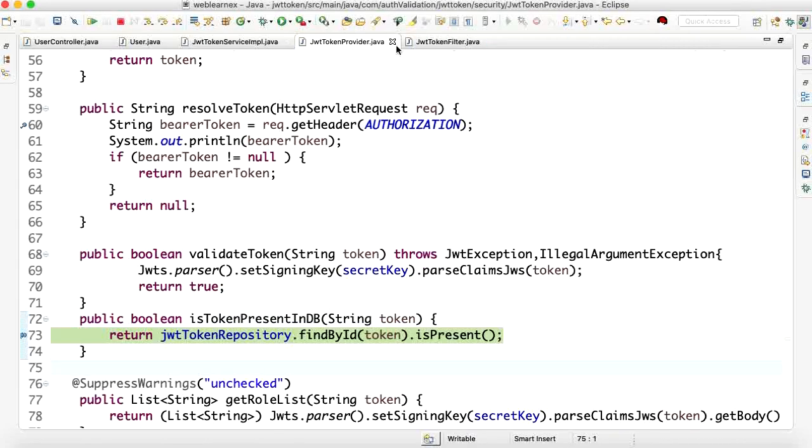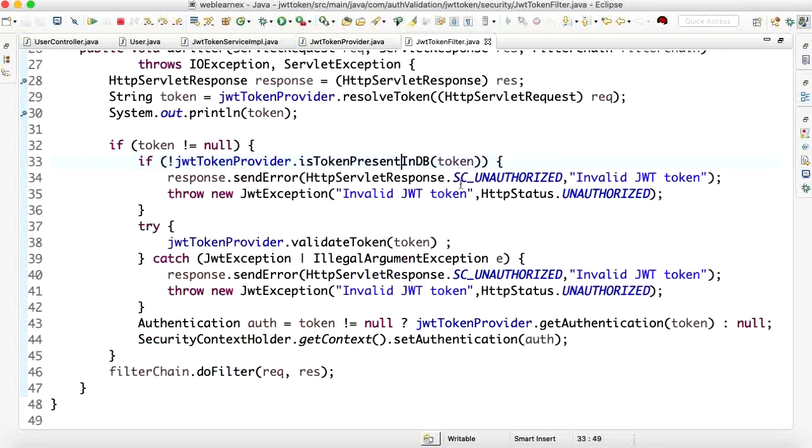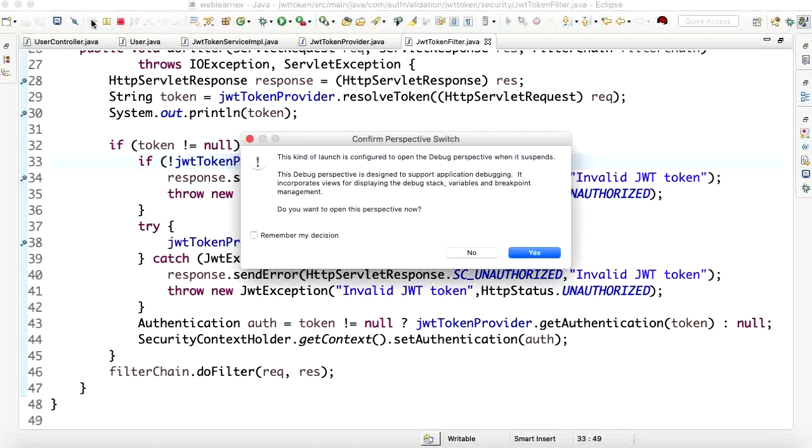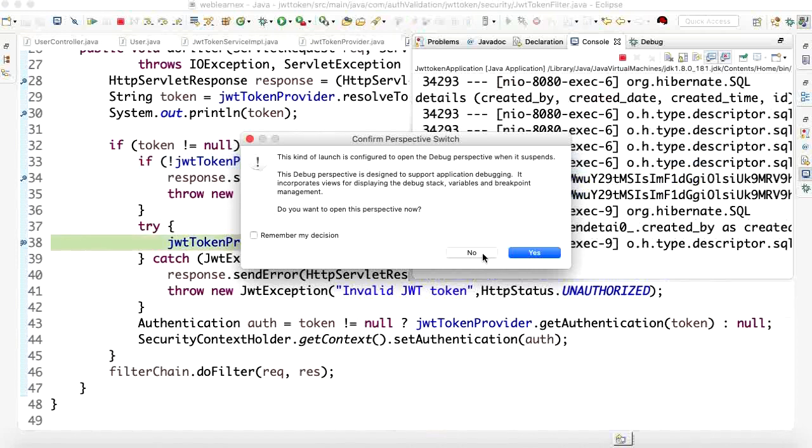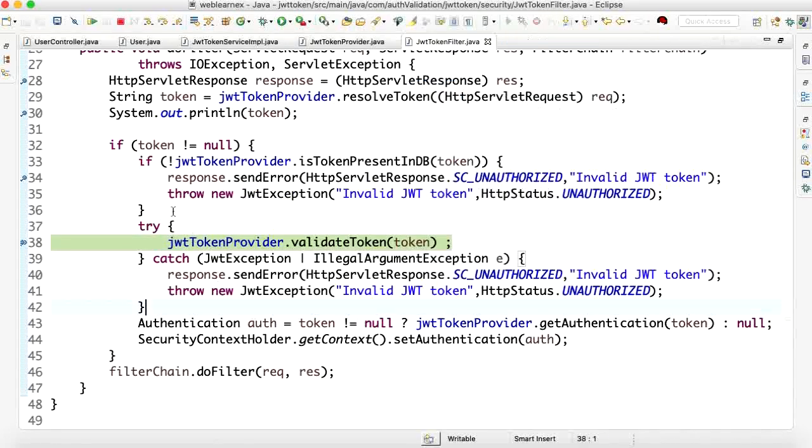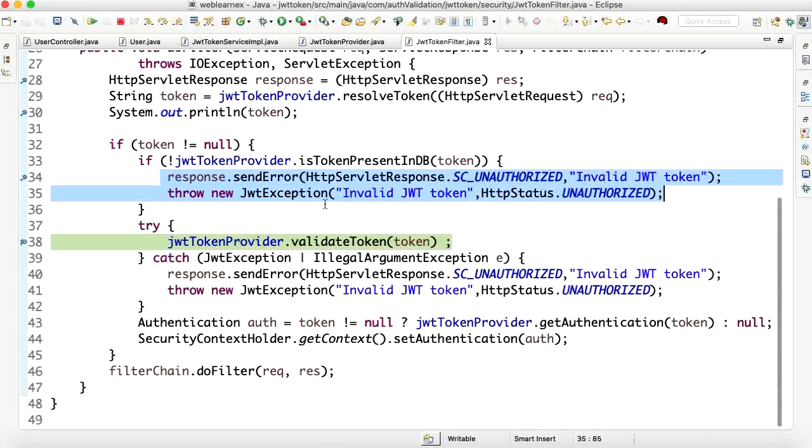If it does not exist in the DB, then it will respond with this, otherwise it checks whether the token is valid or not. So let me move next. You can observe here it is not entering inside of this, which means the token is validated in the DB, meaning it is a valid token and the token is present in the DB.